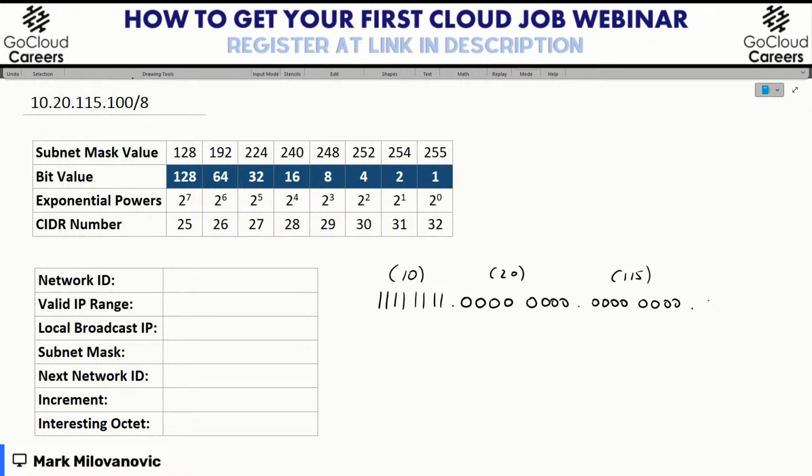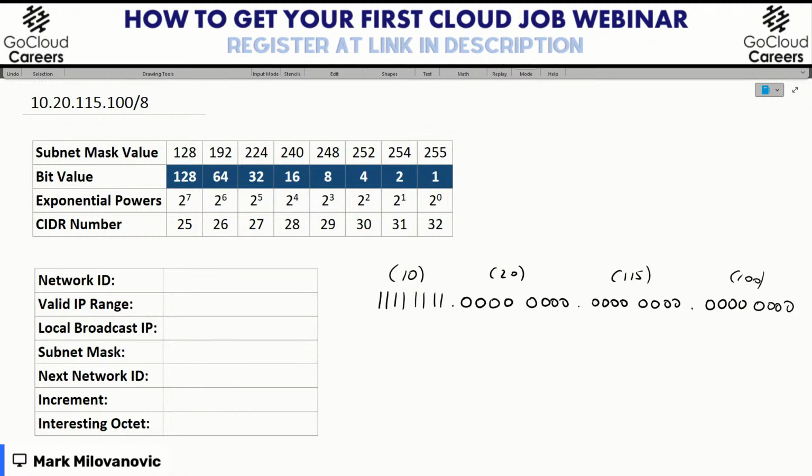And next, because we only have 8 bits that are part of the subnet mask or the prefix length, we're just going to write it out. And in this case, we said we had the number 100. Okay, so in binary, once again, this is how our subnet mask looks. If we now went back and tried to figure out what this would look like in decimal, because we want to write it in here, what would it look like?